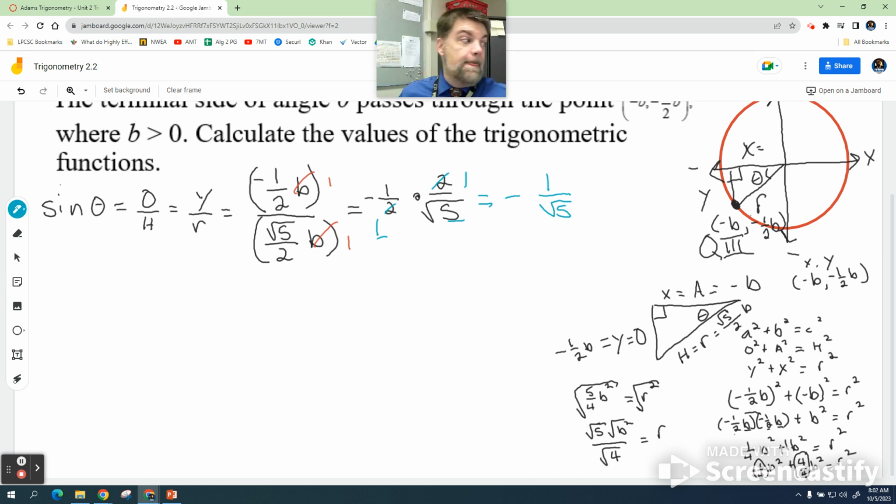How do I do that? Does anybody remember? Yeah, we're just going to multiply this by the square root of 5. Remember, whatever we do to the bottom of the fraction, we also have to do to the top. This is like the square root of 5 squared, which will always be just the base, right? And this is